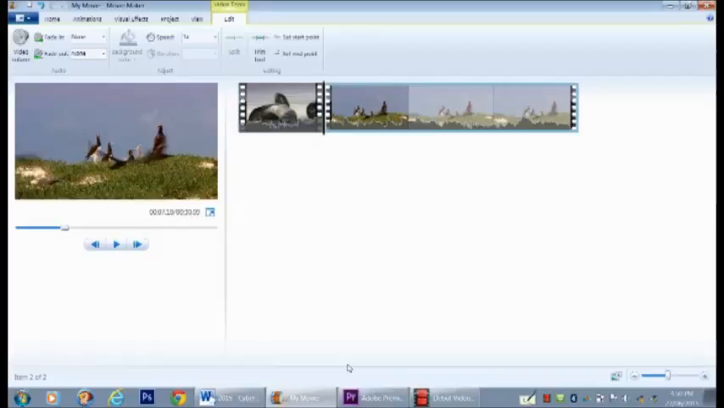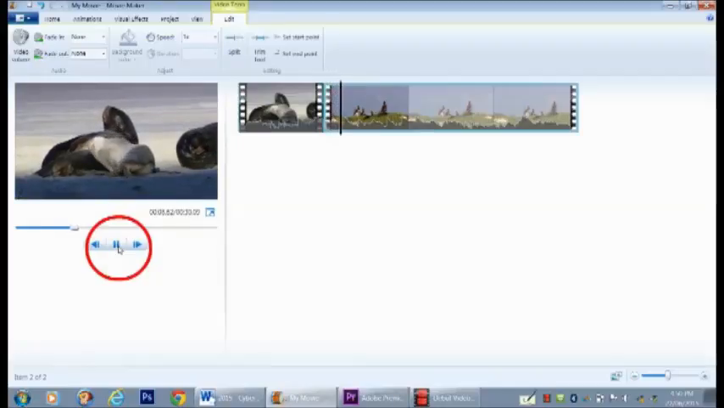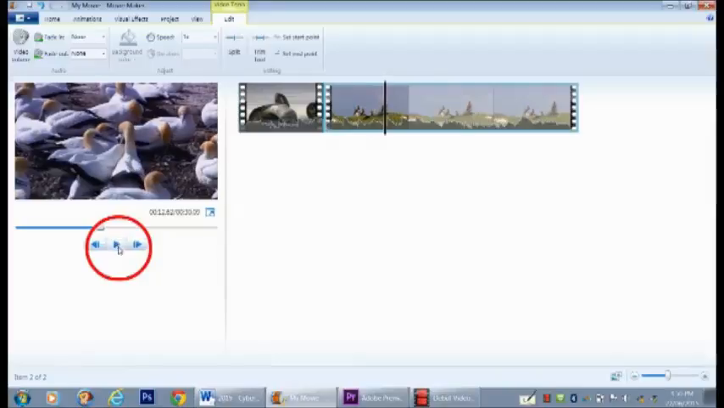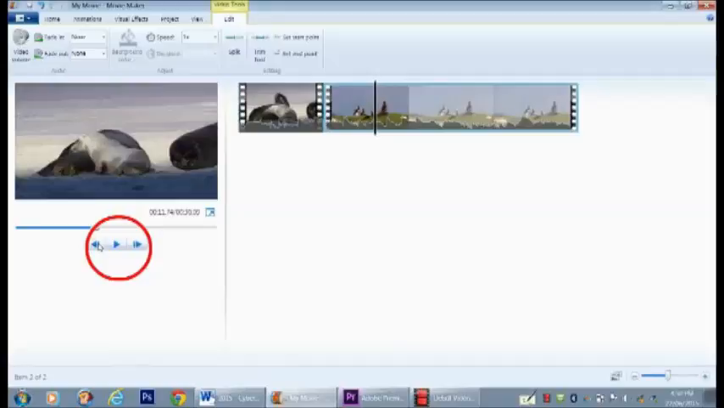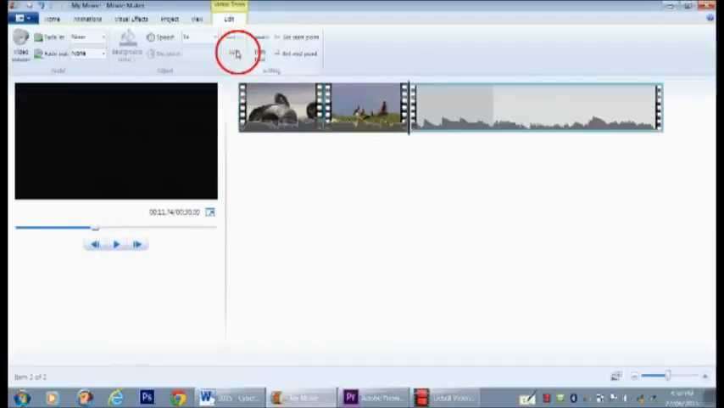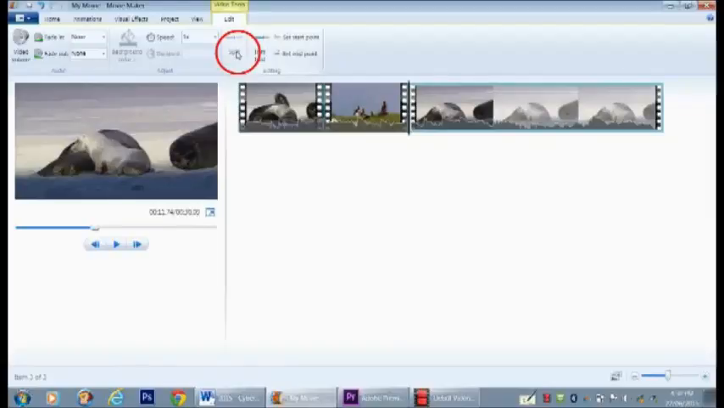Now, for the purposes of this demonstration, I'm going to cut this clip a couple of times using the same technique. I'll play until I get close to the end of the scene. I'll then use the left or right arrow buttons, whatever's appropriate, to find the last frame of the scene that I want to cut at. I will then go up to the split, press it, and I have once again cut my video into another